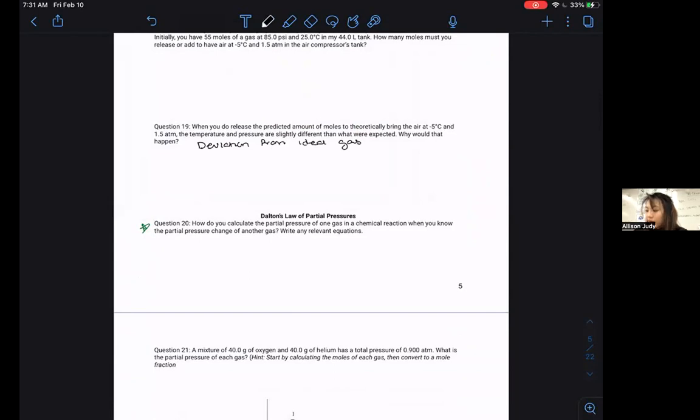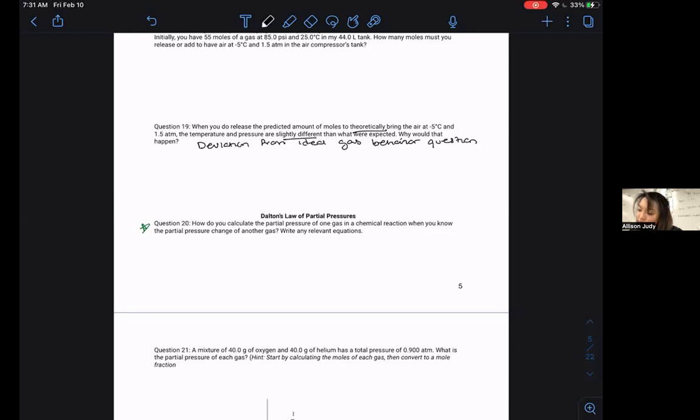From ideal gas, I should really say behavior question. Based on these key terms, it was a theoretical prediction. And then what we see is that we're slightly different. It's talking about properties regarding a gas, temperature and pressure. So what we see is that the temperature and pressure are slightly different. Why would that be? We're not really told